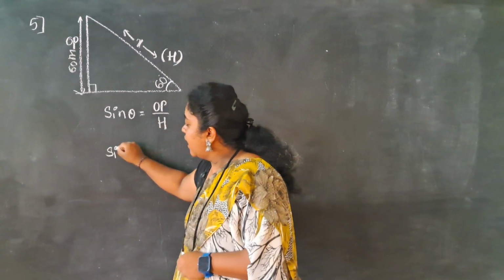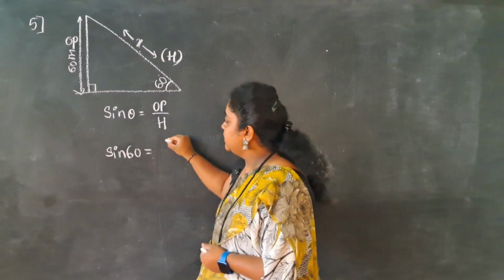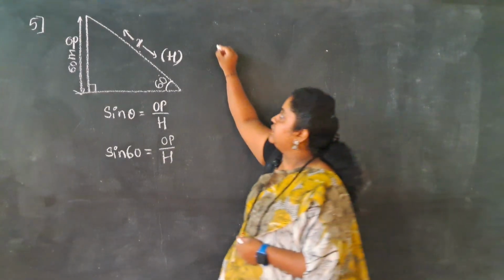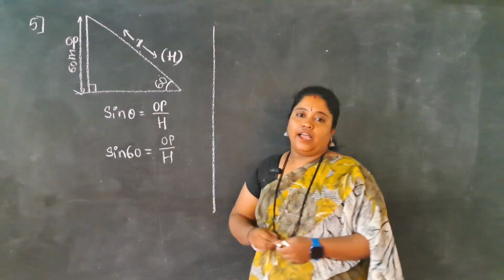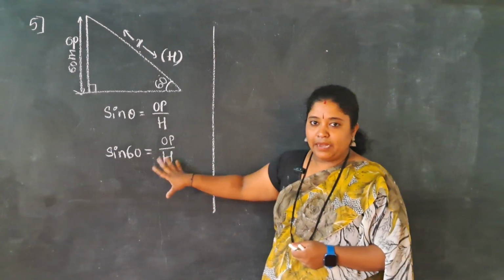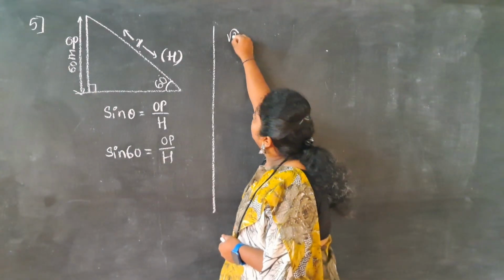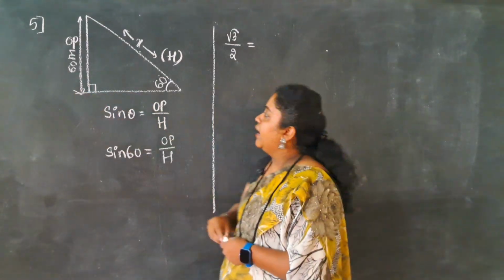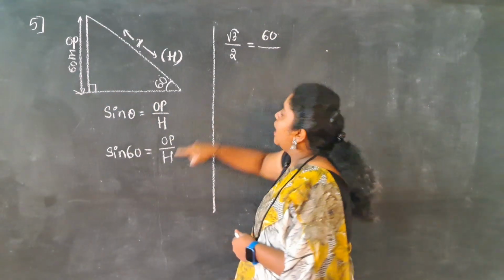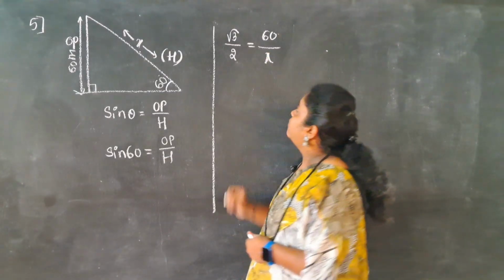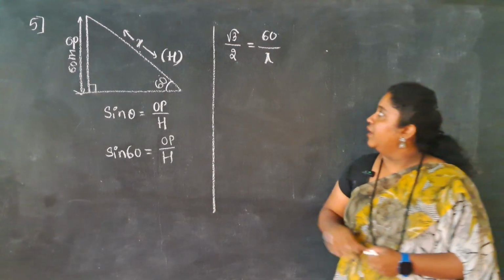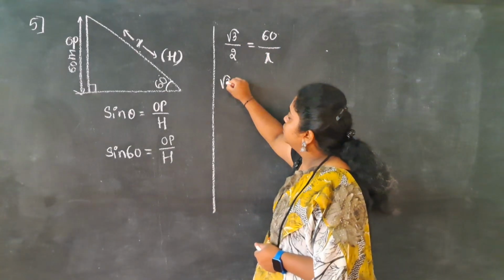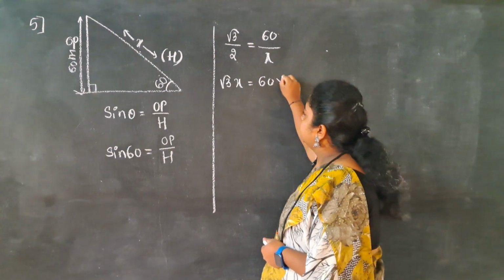What do I do here? Sine 60 is equal to opposite side divided by hypotenuse. Please do remember the values. Sine 60 degree. What is sine 60, dears? I hope it is known to you, root 3 by 2, isn't it? Sine 60 is root 3 divided by 2, where in case I have the opposite side. What is the opposite side I have? 60 meter, isn't it, dear? The hypotenuse I want to calculate. I have considered it as x, so I'll substitute x. Fine. Now x will go to this side and 2 will go to this side, and what does my equation turn out to be? Root 3 x is equal to 60 into 2.